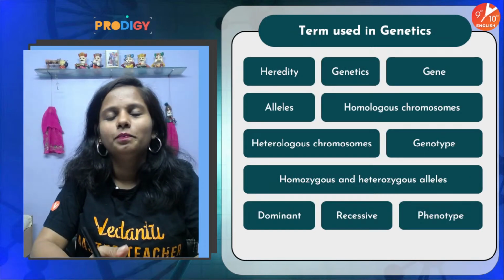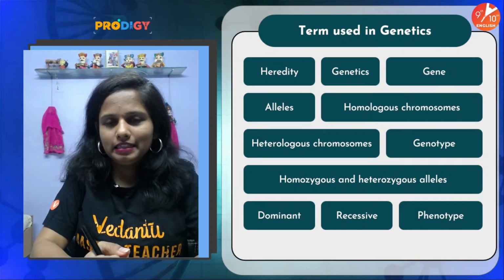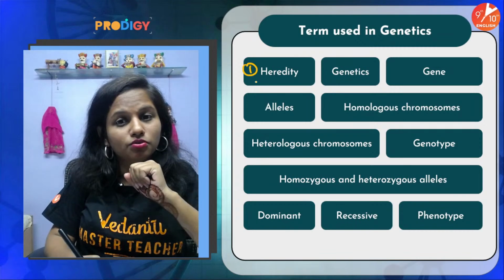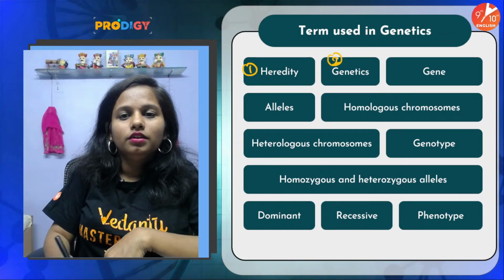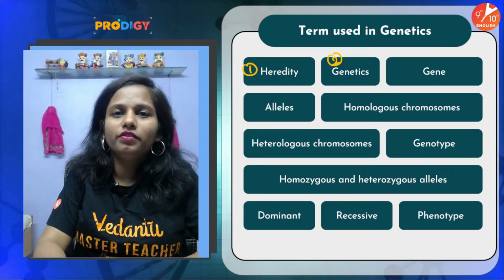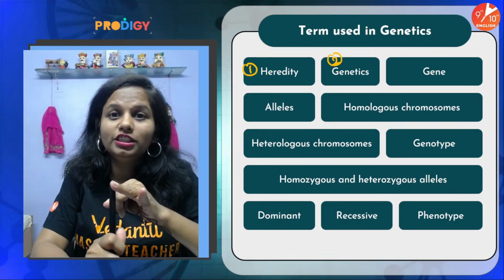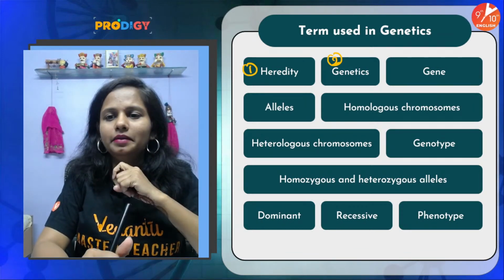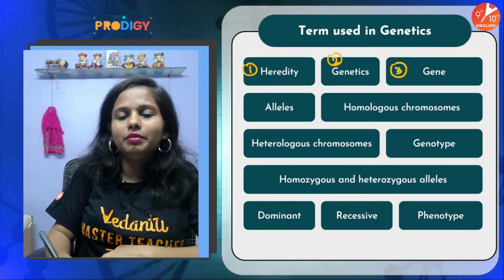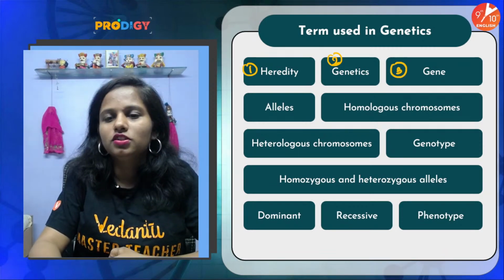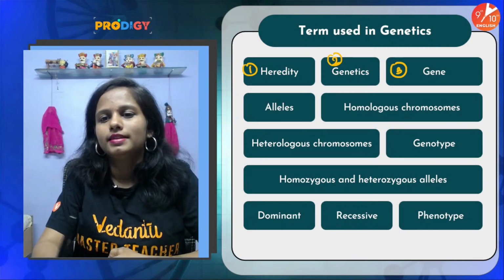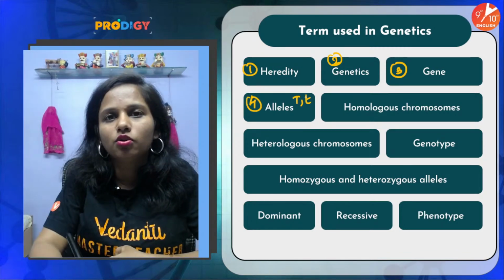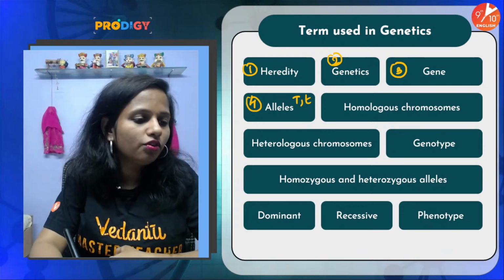हाँ, chalo. Now some important terms used in genetics. So the first term is heredity: the process of transfer of characters from parents to the offspring. The study of the process of transfer of characters, that is study of heredity, genes, how variations occur, everything comes under genetics. ठीक है? Then gene, the functional segment of a DNA is what we call a gene. Genes control our characters by coding for proteins. Alternate forms of a gene are called alleles. So capital T, small t, they both control height and they are alleles of each other.